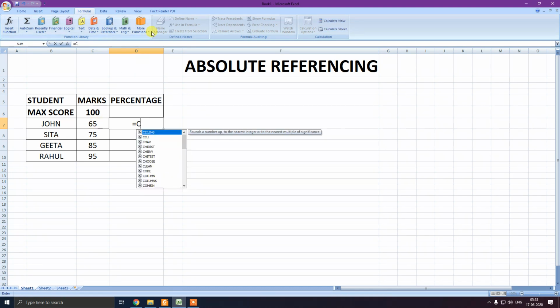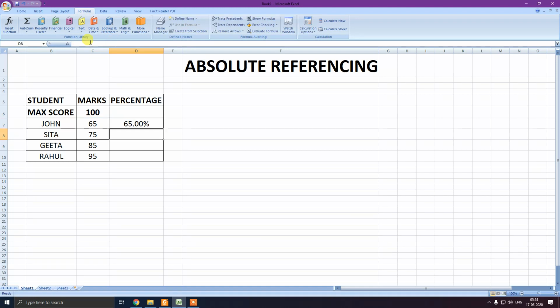So we will write C7, then divide by 100. Or you can do that, what is the cell address of 100? C6. So I will write C6 and then press enter. So it is 65%.